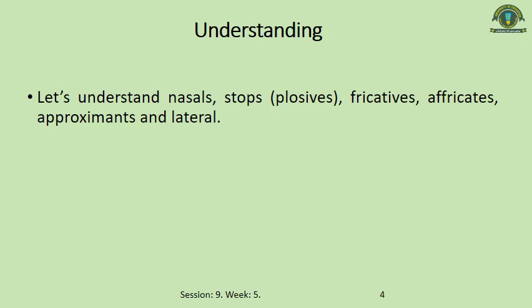When I say understanding consonants of English, and when I talk about manner of articulation, remember there is only one slide you have in front of you now, but there's a complete world behind this slide, and that world we'll see after this slide. It's written: nasals, stops, of course plosives, fricatives, affricates, approximants, and lateral. These are the classes, in fact, of consonants. We tried to understand such names when we were talking about manner of articulation theoretically, and I presented some examples during the previous session. Today we have to understand each and every class in detail. Okay,